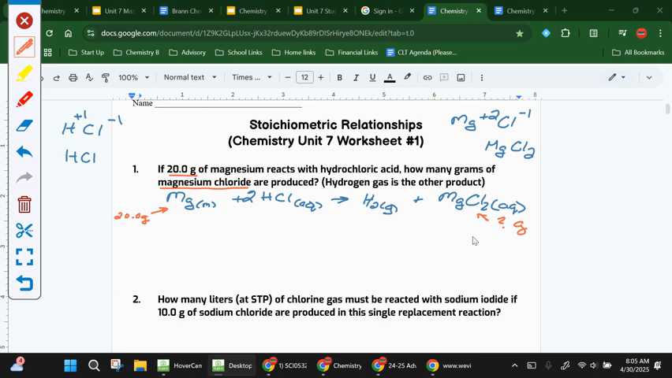Take what we're given, and what we're given is the 20 grams. We're given the amount of magnesium. So I'm going to take those 20 grams of magnesium, and I'm going to convert them into moles. How do I go from grams to moles? Formula mass. 1 mole on top, formula mass on the bottom,